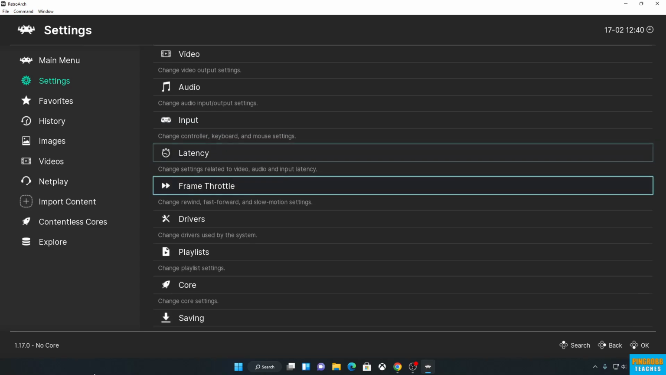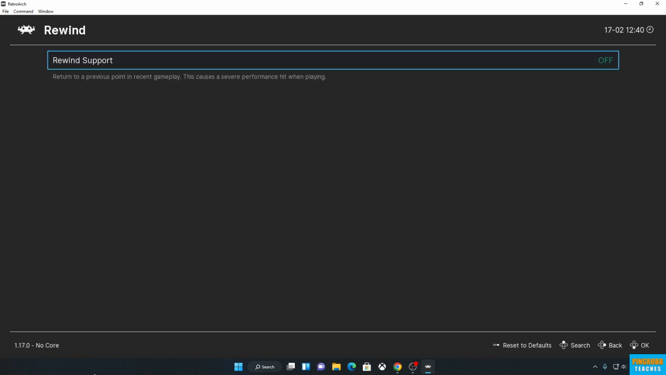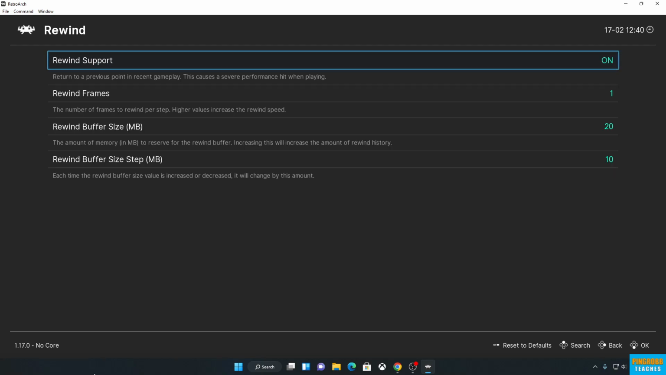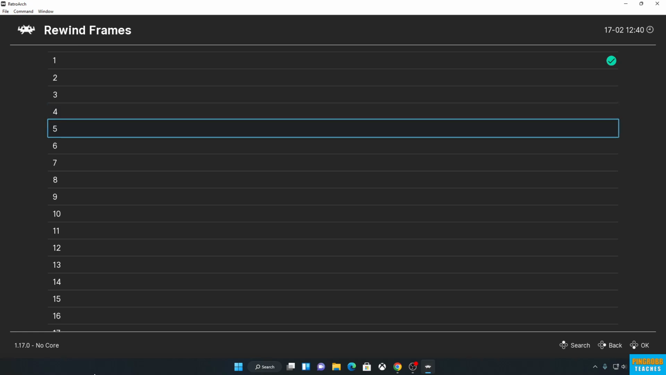And one more thing we want to configure is rewind settings. Rewind will allow us to basically go back in time in whatever game we're playing. So for example, if we fall into a pit in Mario, we can just rewind and jump over it instead. This is something I wish I could do in real life. We're going to go ahead and turn rewind support on. I would recommend turning this up a little bit. I'm going to say like,